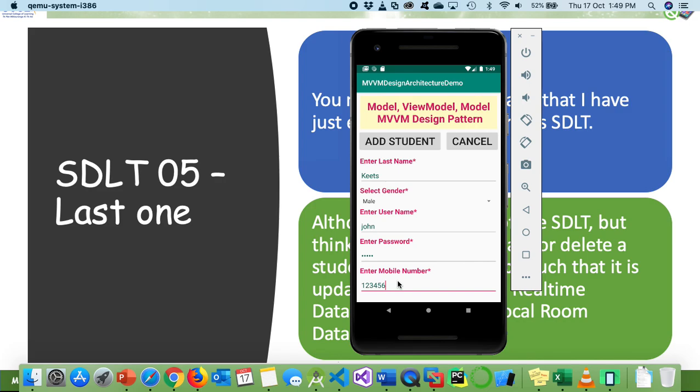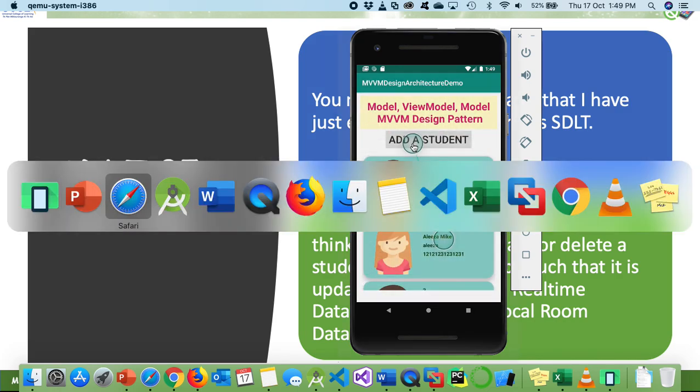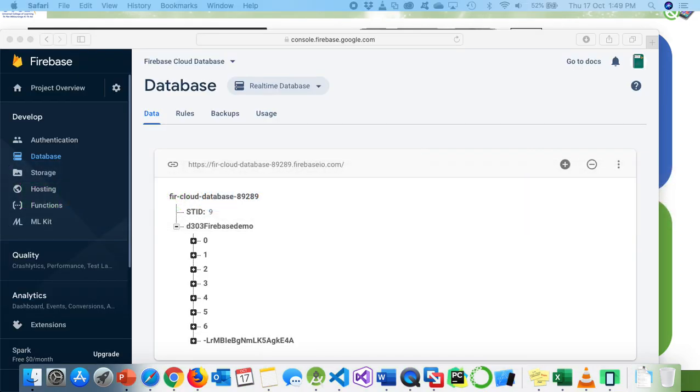And remember, inside our Room architecture, Room database, local database, we have implemented that this particular mobile should be unique, but we have not implemented that kind of thing here, because it's not a relational database. So if we want to implement these kind of constraints, we have to think about how we can do that. And then when I click on the add student button, you can see, look,